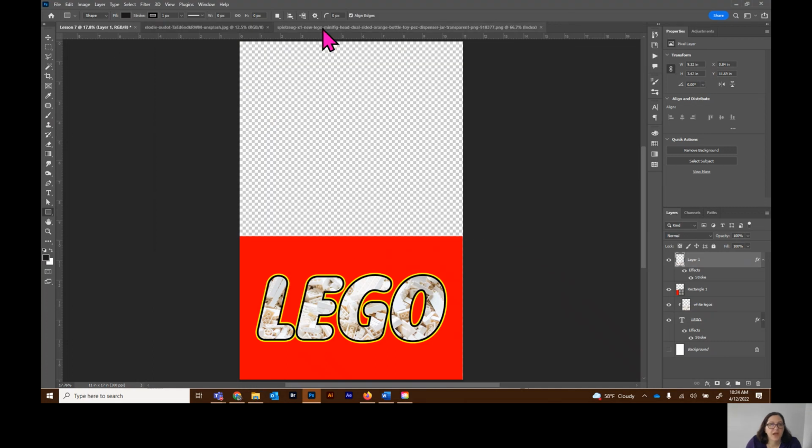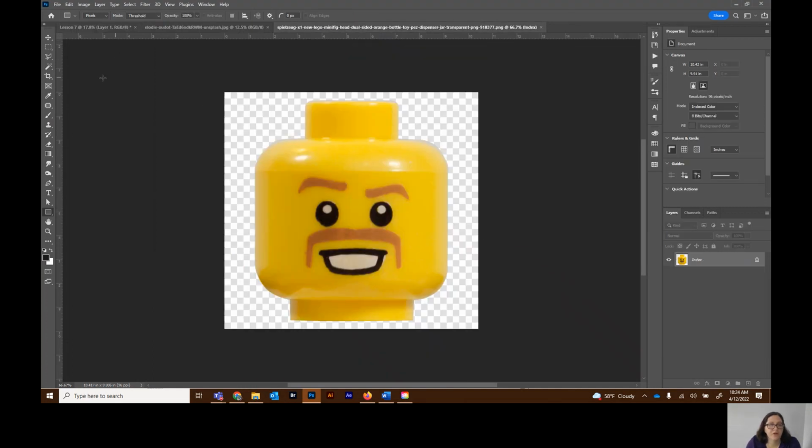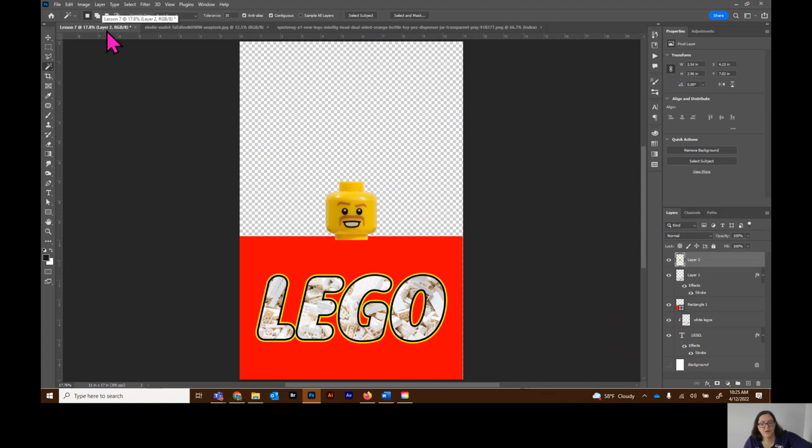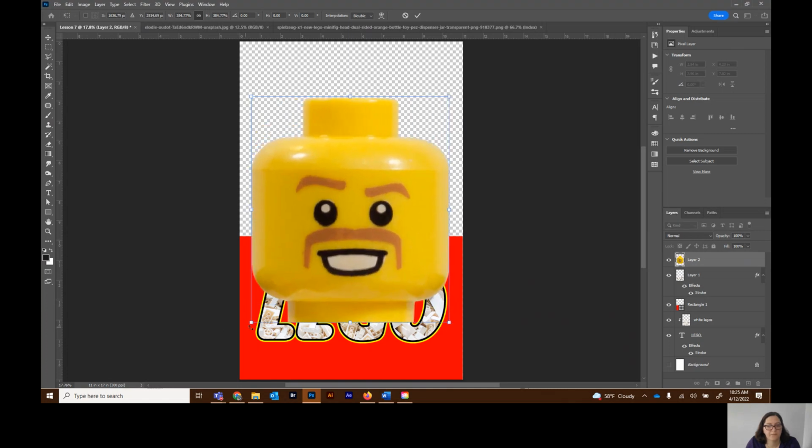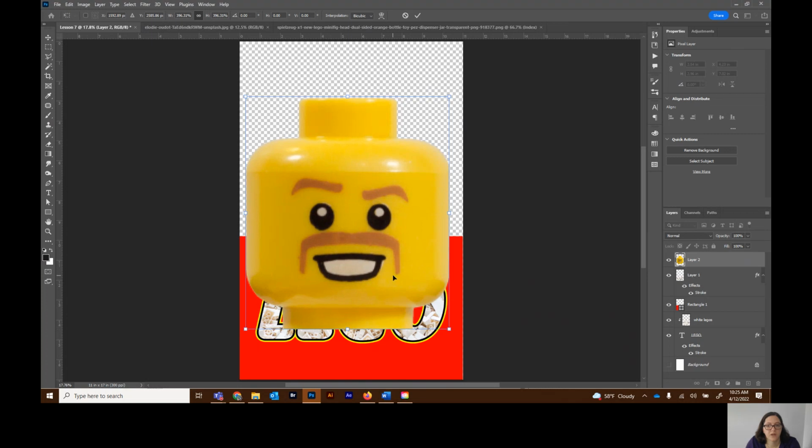Okay. Next, we're going to add in that head. So I'm going to come over here. I'm going to use my magic wand, and I'm going to select the background, and it's going to get rid of all that negative space, and do select and inverse, Control C, Control V, and then Control T, and I'm going to make him nice and big. Okay, so I'm going to kind of put him down in here a little bit, hit my check mark,